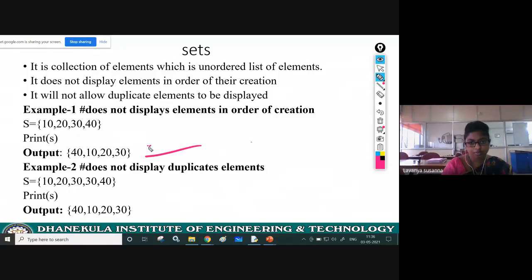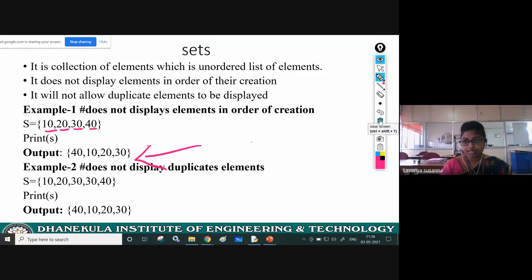See the output, you will understand. Here I created 10, 20, 30, 40. The order of creation is 10, 20, 30, 40, but see the output, you got an unordered list, right? Sets will give unordered list.